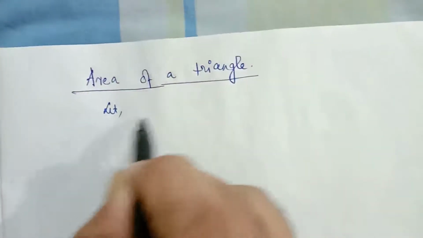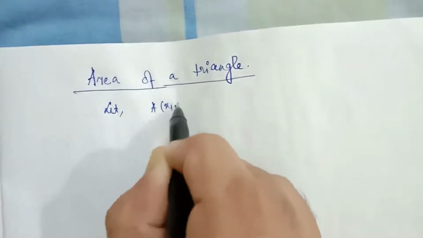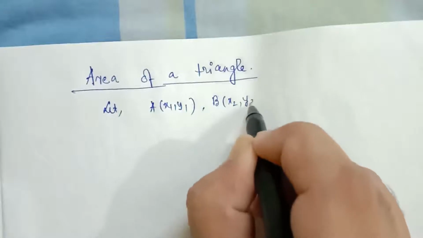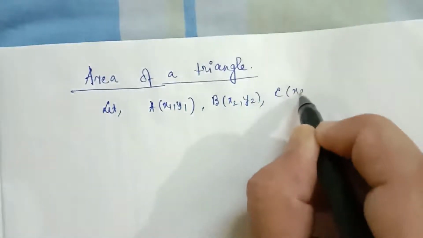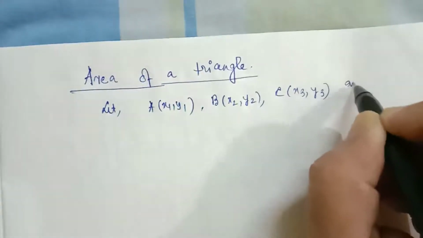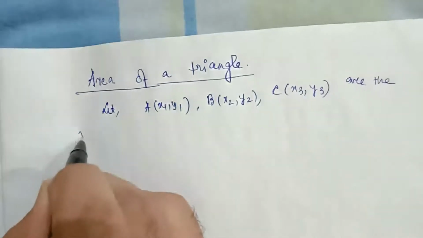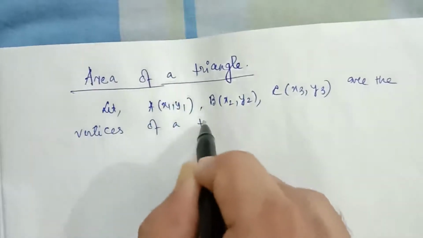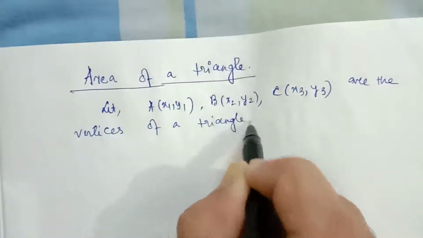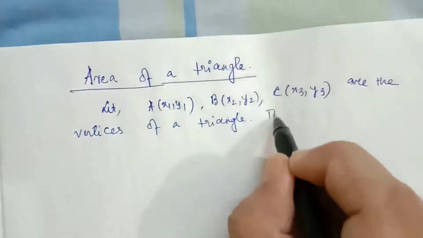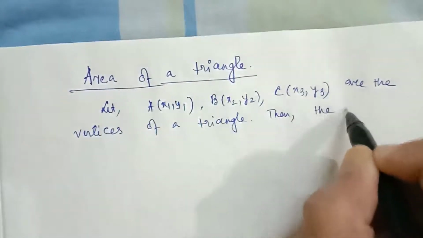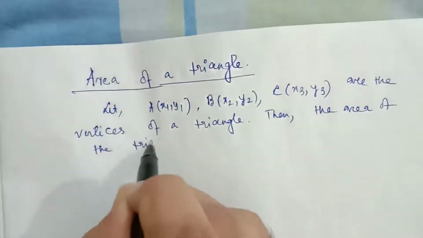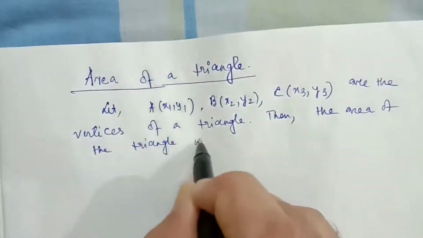Suppose A (x1, y1), B (x2, y2), C (x3, y3) are the vertices of a triangle. Then the area of the triangle will be,